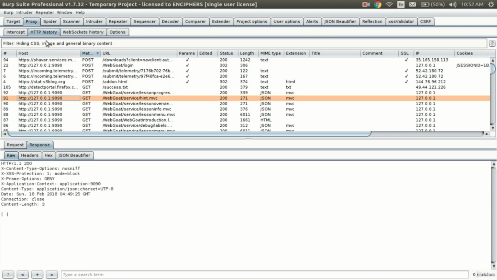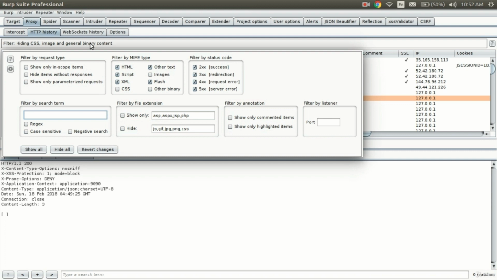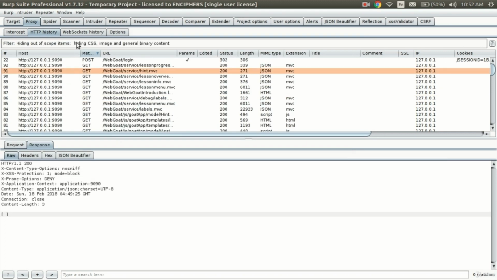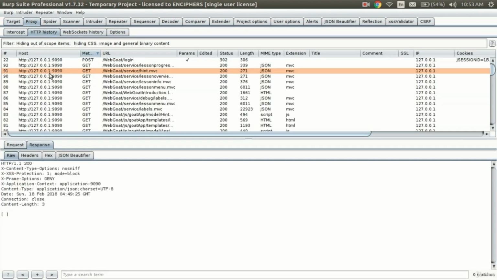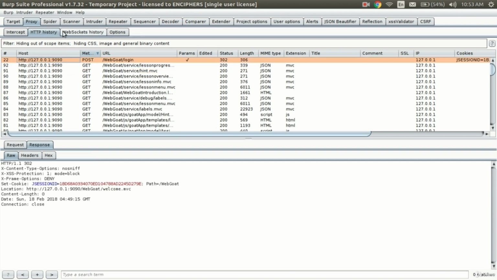There is also an option to filter. This is the gray option. You can filter by request type, or show only in-scope items. In the last video, the thing which we had in scope is this. So if we filter it by scope, you see that only the requests made to this domain are shown here, nothing else.